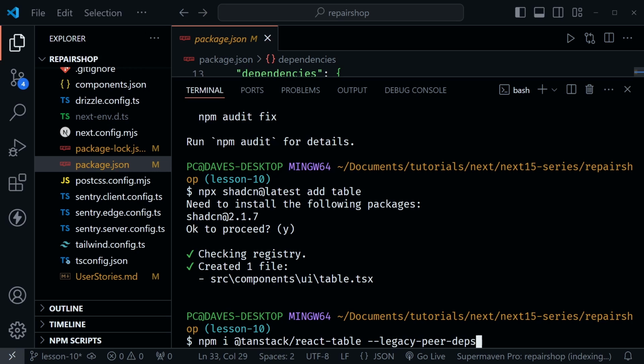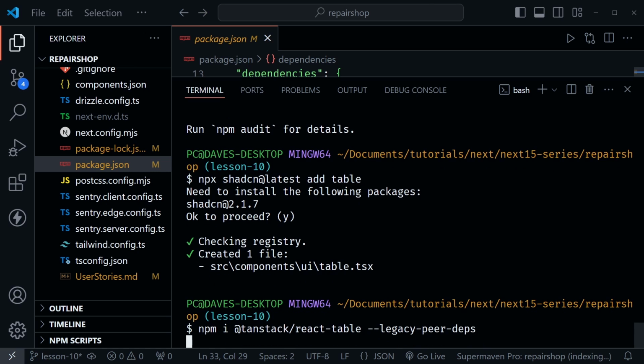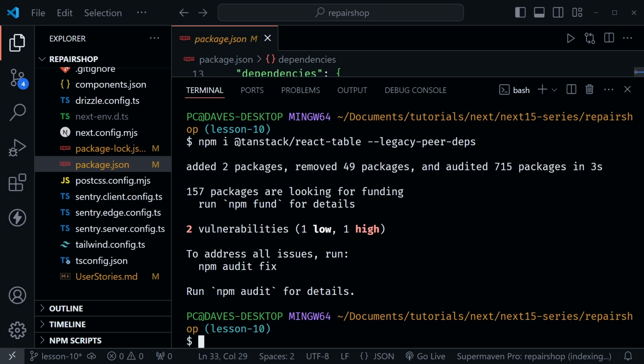And this is because not every dependency has caught up to the latest release of React yet. React 19 is just now stable. So we've still got to give these packages time. If you are watching this tutorial in the future, you may not need to use the legacy peer deps flag at all, but you'll know because you'll get an error if you don't use it, and it will recommend using it if you need it. So for now, I'm just going to press enter,